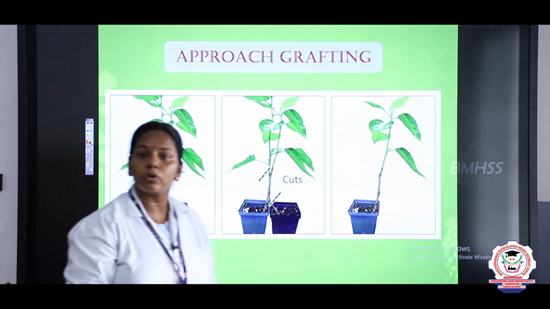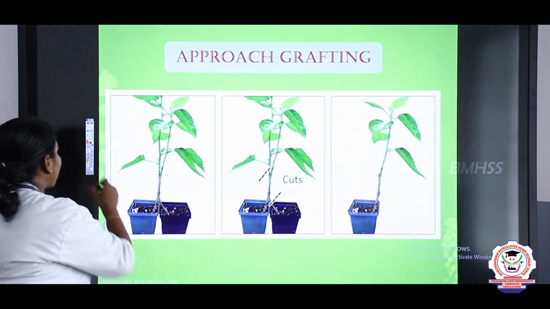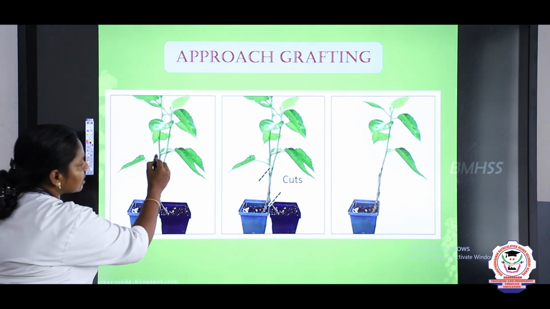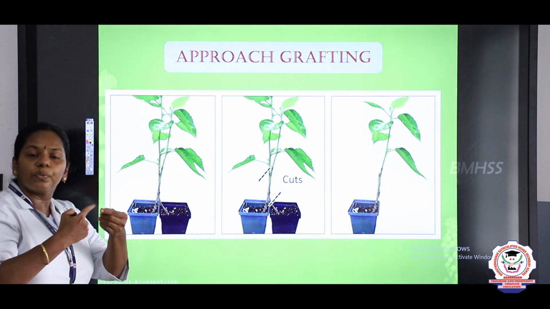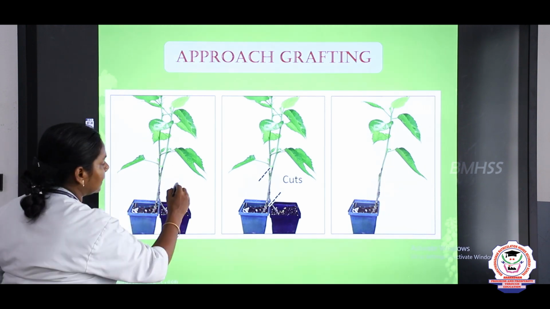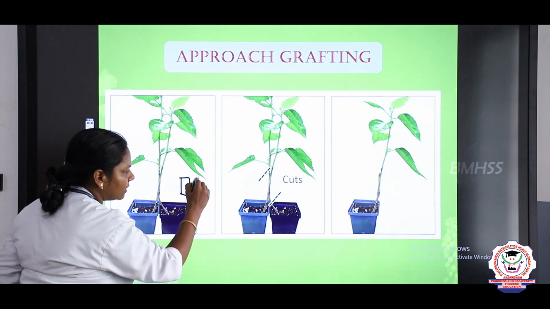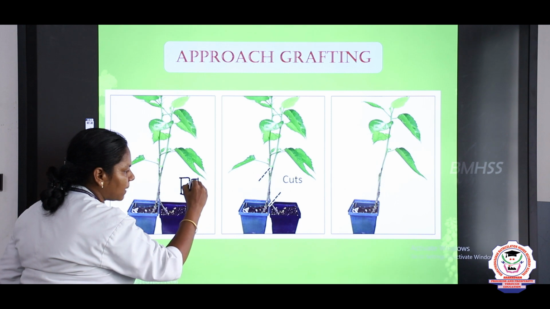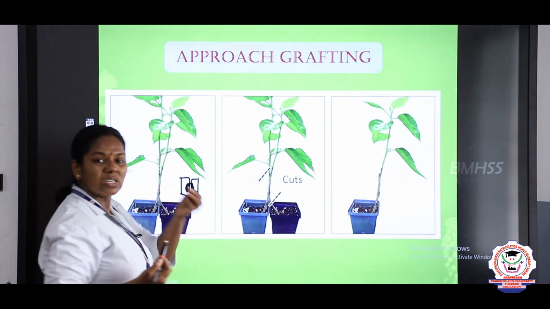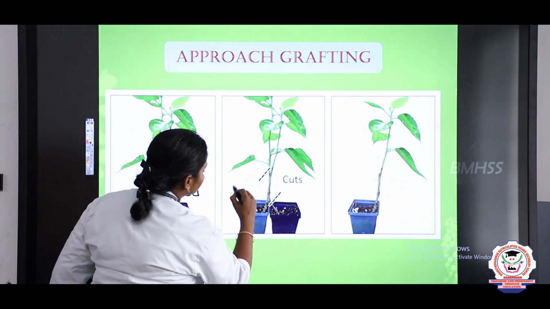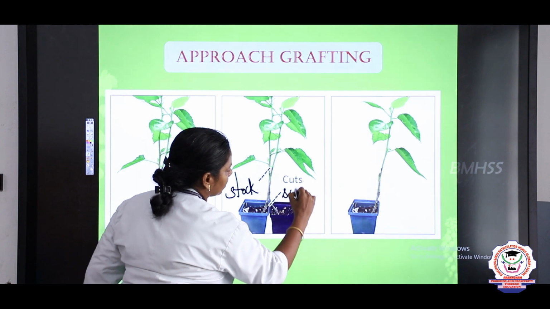And next we are going to discuss the approach grafting. Here two rooted plants of the same thickness are taken. Just imagine, take these two plants, children, they are of the same thickness and we are removing some of the bark. For example, if this is the part of the stem, we are removing this part of this plant and we are removing some bark of this plant and we are binding them together with a tape. Now name this one as a stalk and this one as a scion.